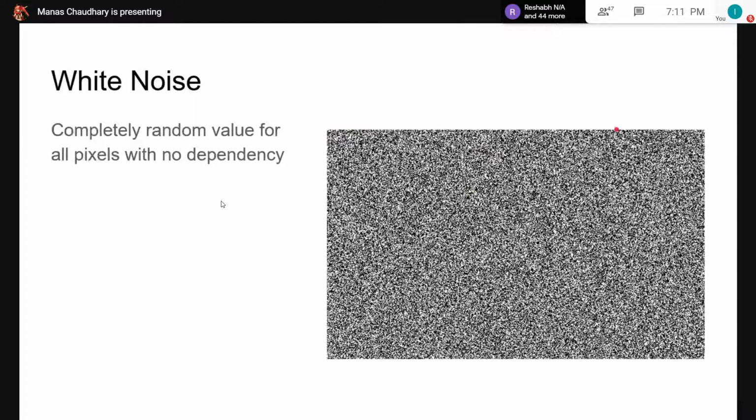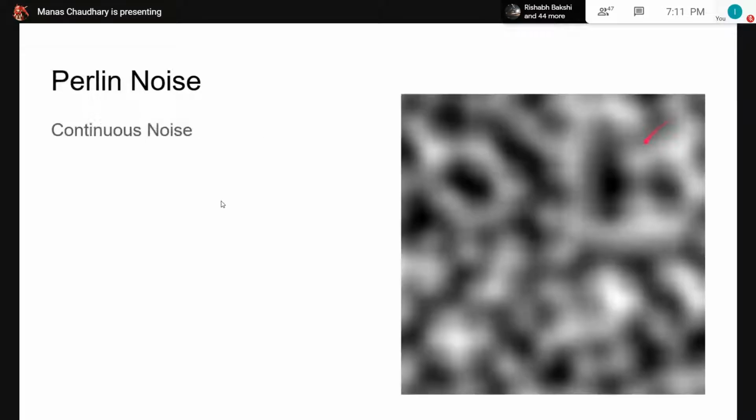But a need was felt for continuous noise, wherein Perlin noise was introduced. What I mean by continuous noise is this: you're able to see that some areas are black, some areas are white, and the colors are interpolating between them. That is, random values are interpolating. So across space, we interpolate through various values and are able to generate more organic randomness that we can control.